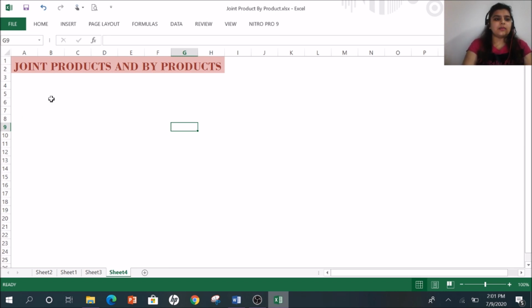Now process costing में क्या होता था? There used to be a process. In that process we used to have one input, that means हम लोग कुछ raw material उसमें डालते थे and we used to get our output which goes to our next process, correct? Now here the output, till now whatever we have learnt in our process costing, was only one product, right? अभी तक जो भी हमने देखा है वो ये देखा है कि there used to be one unit as my output, one product as my output.